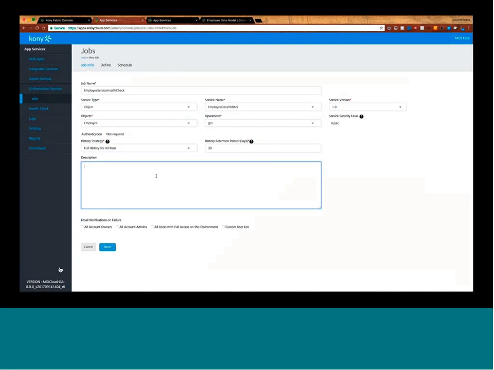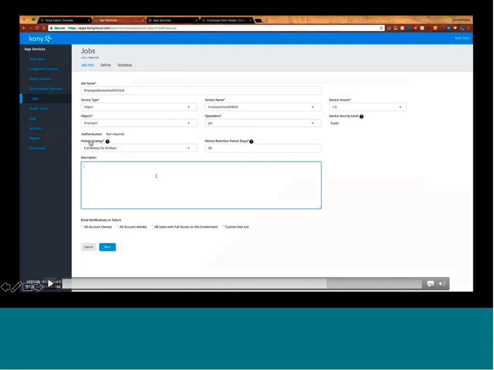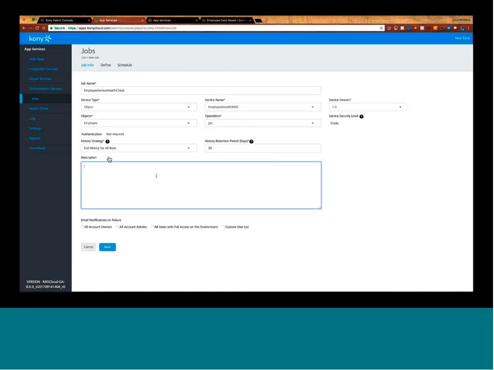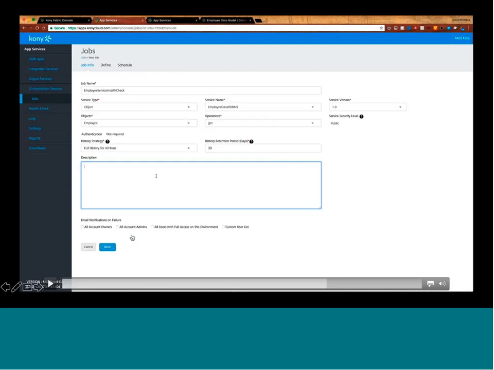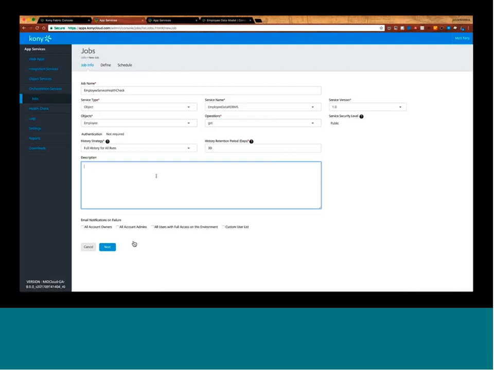We can define the security level based on what the integration service uses, and then we can specify what kind of authentication is required, what kind of history we want to keep track of for this health check, and how long we keep this for. And then an email notification can be sent out to your choice of who: all account owners for this cloud account, a specific user list, or anybody who has access to the account, for